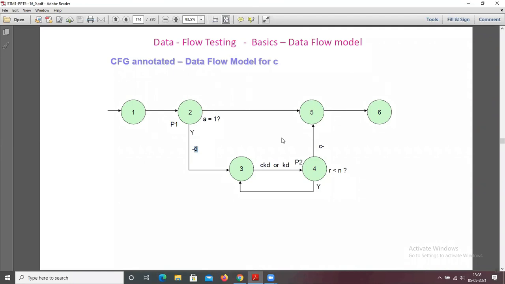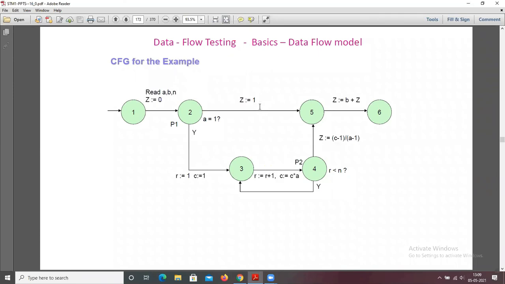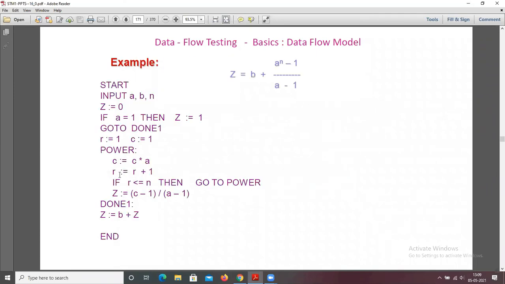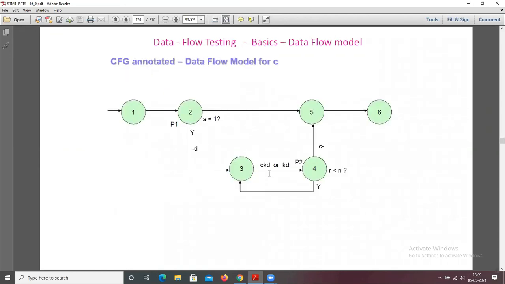Where we use the data object c, you can specify the state of the variable c. And similarly, this is the CFG annotated data flow model for r. This is the r variable, r equals 1. For that you can draw the data flow model.